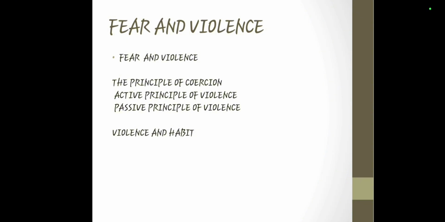And if we go with the principle of coercion, we can explain it by two sides. We have the active and passive principle of violence. Okay? What does it mean? So let's say passive violence, or the passive principle of violence. This is actually the conscious ignoring of the physical, psychological and emotional needs of a person. What do you mean by conscious? You are aware enough of what you are doing, ignoring whether the impact is physical or psychological.